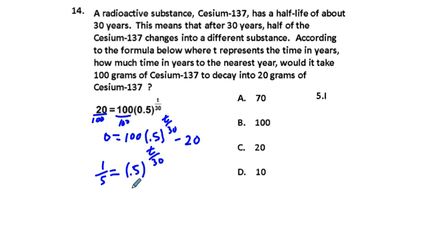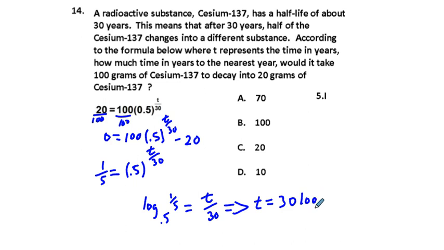Okay, we can say, all right, let's make this base as exponent, base logarithm, so log base 0.5 of 0.5 of 1/5 is going to be equal to t over 30. So therefore, t is going to be equal to 30 times log base 0.5 of 1/5, which I know is